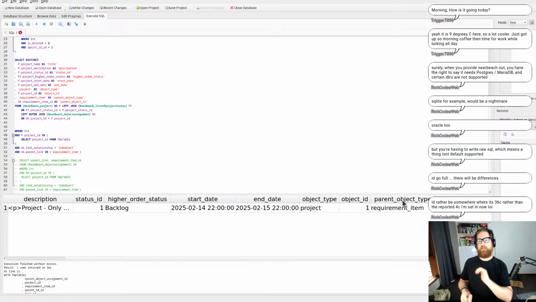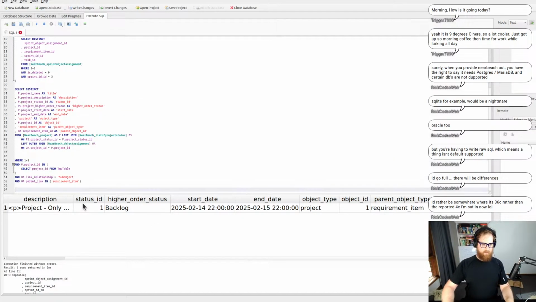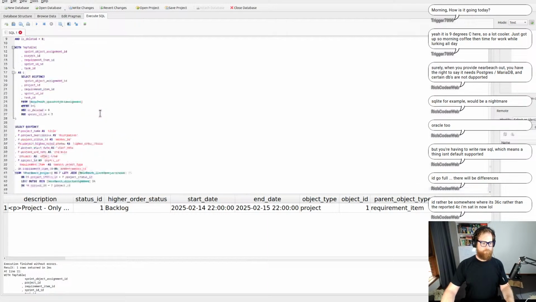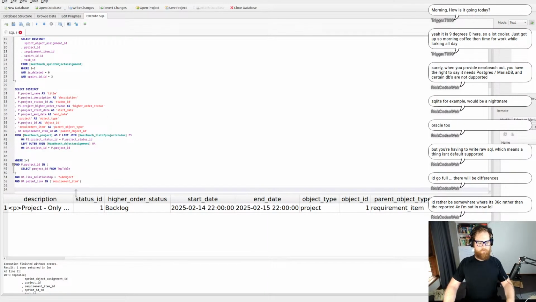Now with the task, it could be one of two. It could either be a requirement item or it could be a project that the parent item is of, in which case we've got to start using case statements. So yeah, I like this. This is coming along really well. And then if I go union,